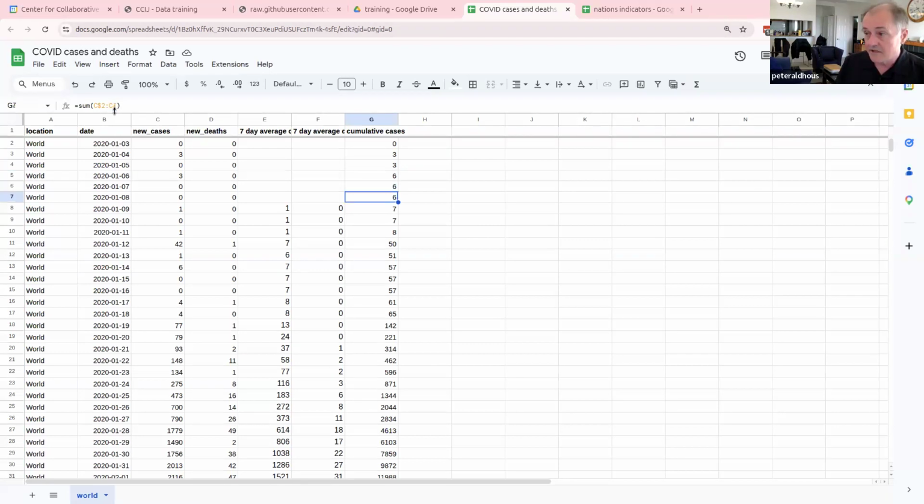What the anchor has done, and the dollar is an anchor, is meant that I always refer back to row 2 for the beginning of my range. If I hadn't done that, it would go C2 to C2, C3 to C3, C4 to C4, because that is the default incremental behavior of a spreadsheet. Anchoring to row 2 by putting a $ sign in front of it means that I always calculate the range starting with the